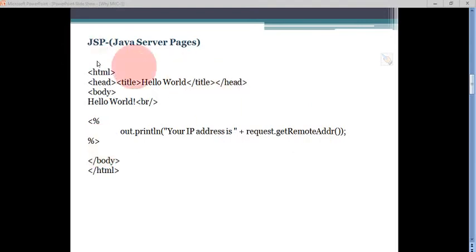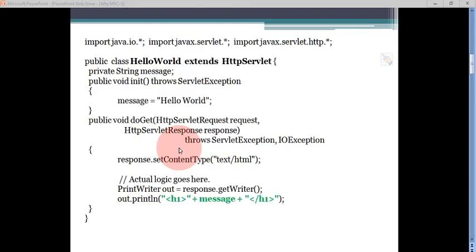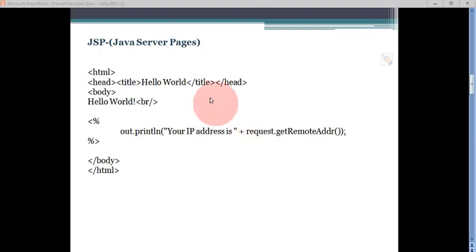Now this is our JSP page. In the JSP page, we simply create one HTML file, and within the HTML file we can embed any type of Java code within these snippets. Now the same problem was also encountered by JSP, because both technologies are meshing up, your Java and your HTML. Here you can also see your Java code and your HTML code.